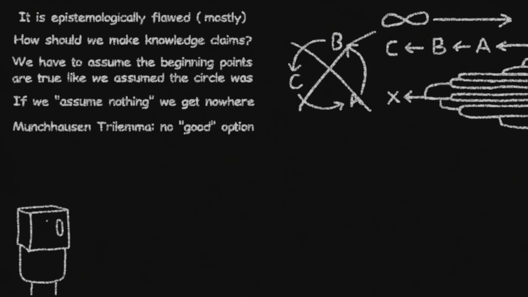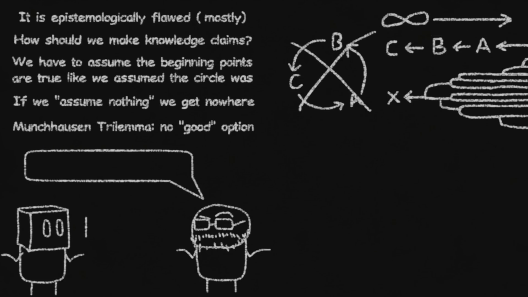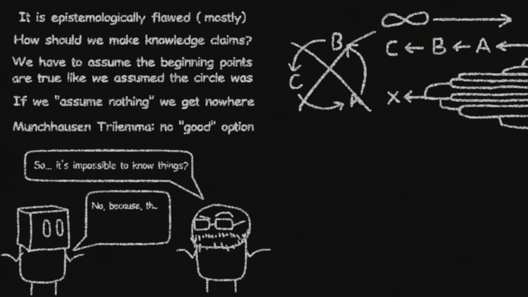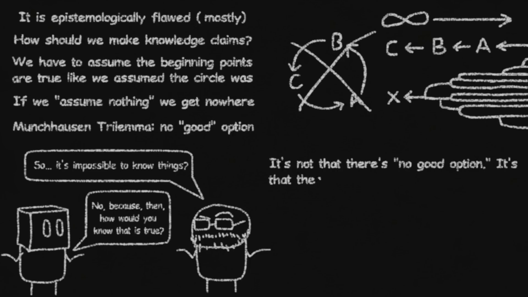Often, as I understand it, this concept is used to cast doubt on our ability to draw conclusions and make knowledge claims. But I would argue that this goes to show that circular reasoning is far more nuanced than just being a fallacy, because it is no more or less flawed than any other basis for an epistemological framework. I would really only say that an infinite regress is the only concept here that cannot instantiate a knowledge claim, because it is the only system that would not hold itself to be true.